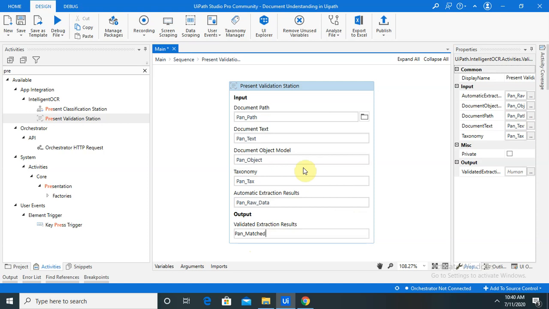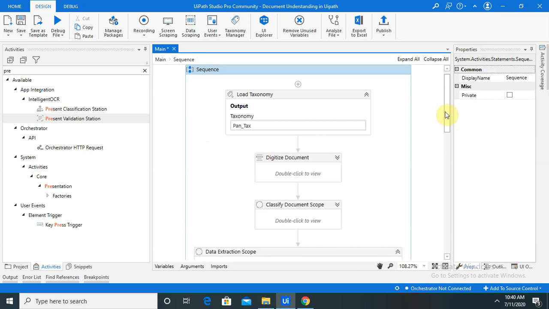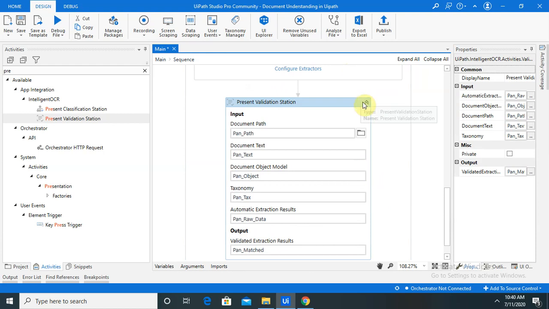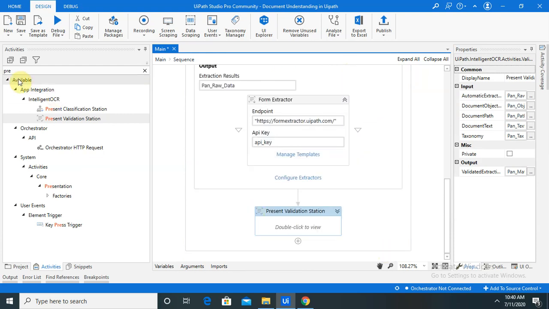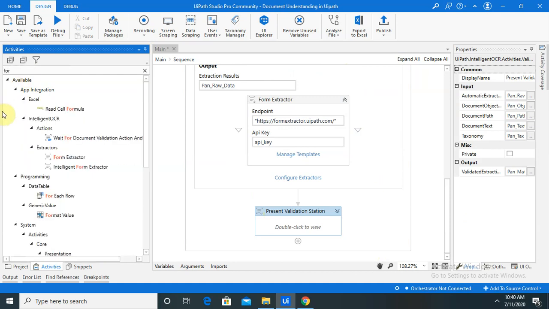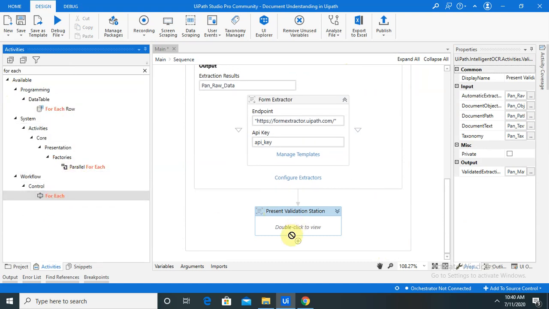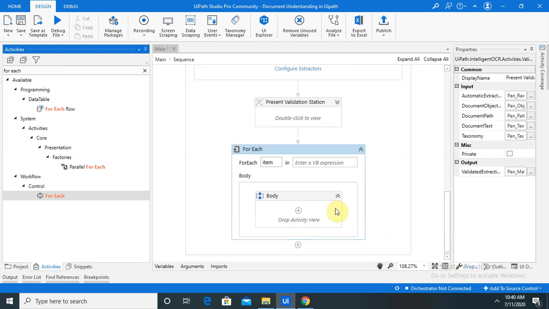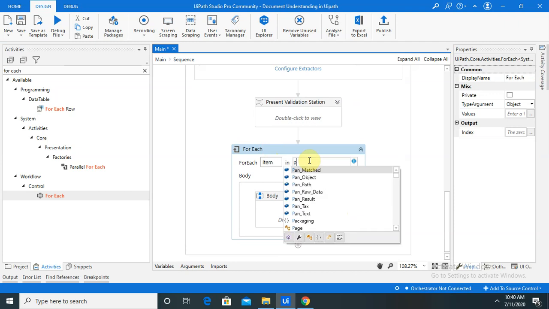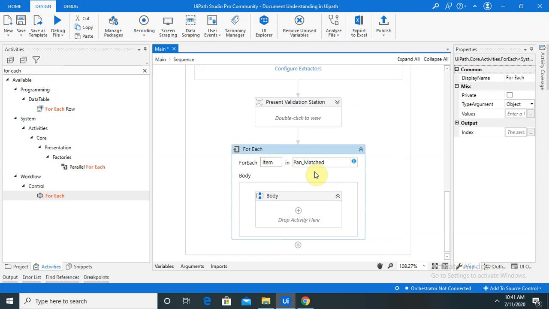Done. Let's drag and drop one more activity, for each. In for each we are going to place our item and show it in our detail page, meaning in the Excel file. So let me drag and drop the for each activity. For each activity we are going to provide here the item, and inside the item I am mentioning here pan matched. Then pan matched, because it's a table,